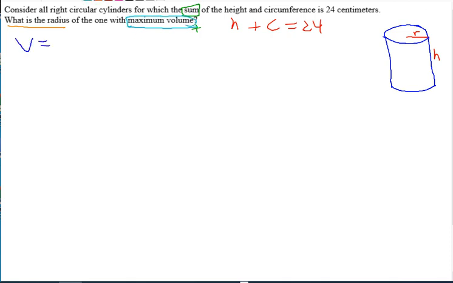Well, again, it's just a cylinder, so it'd be pi r squared, area of the circle, times the height. But again, we don't take the derivative yet because it's got two variables. We need it to be just in terms of one. So on this one, so that we don't introduce an extra variable c, remember the circumference is just 2 pi r. So you can replace that circumference there. So the height plus 2 pi r